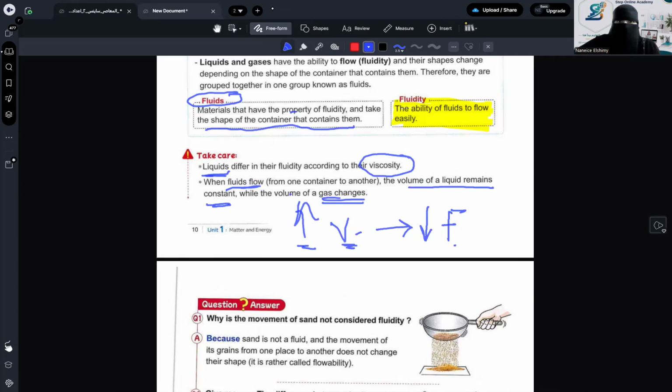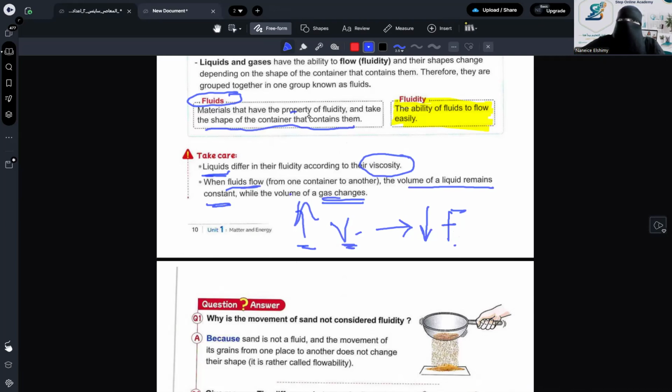Okay. Right. Does gas have fluidity? Yes, gas has fluidity. If you have a balloon and you open it, the gas will go out from the balloon, right? This is how the gas flows. Okay? If we have an inflated balloon and we open it or puncture it, what will you find? The air went out of it completely. That is fluidity. So now,